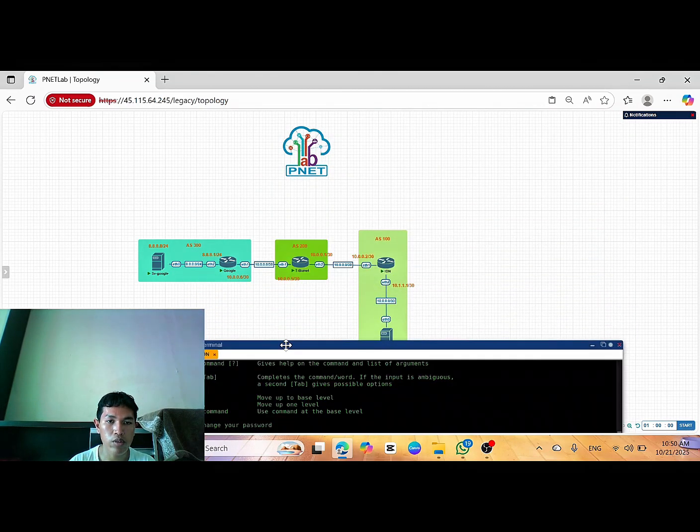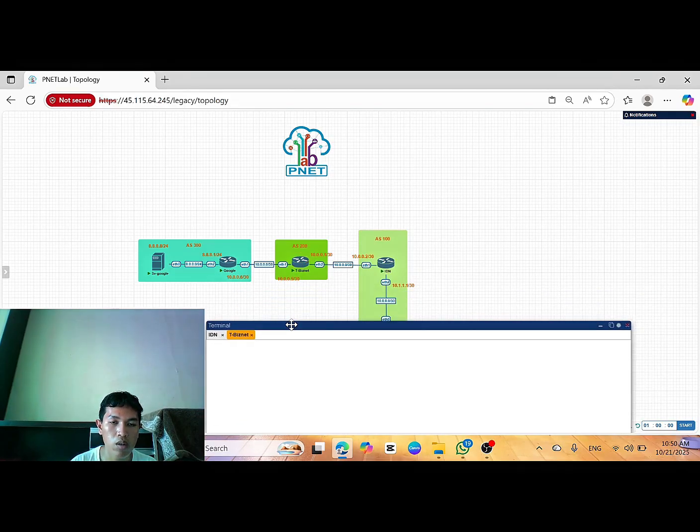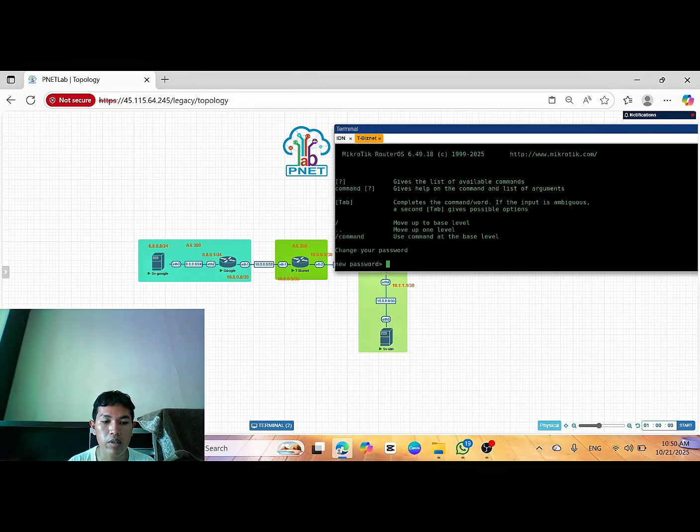After the local router, I'm going to the transit router, router BizNet. Login. Skip this, and we can add the hostname, set name, T for transit BizNet. Enter.